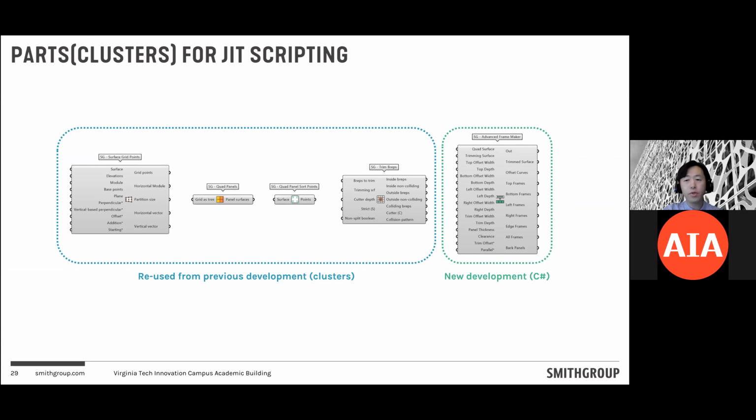So we used the several clusters developed from previous projects. That way we could reduce initial scripting time and make Grasshopper definitions cleaner. We use the Grasshopper geometries for Revit facade models, and we needed to develop a new C# component to control